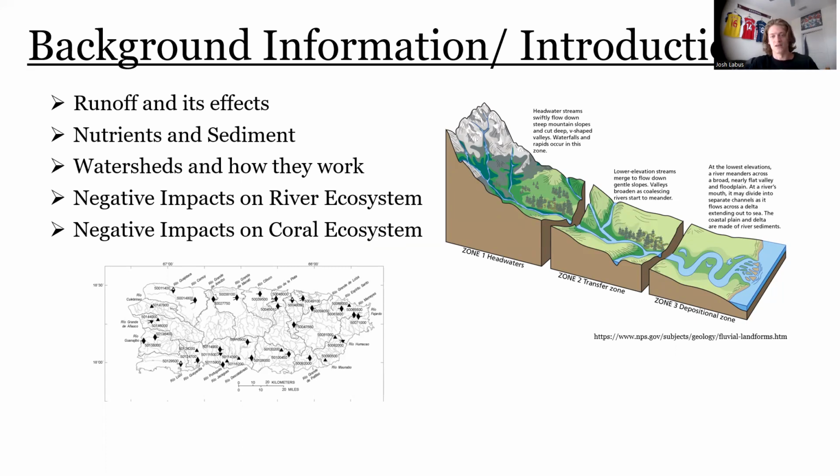It gives you a visual of how this water can flow from higher elevation to lower elevation. You can see rainfall falls from the top in mountains and ridges and things like that, and this water flows down through freshwater streams and rivers and over the land